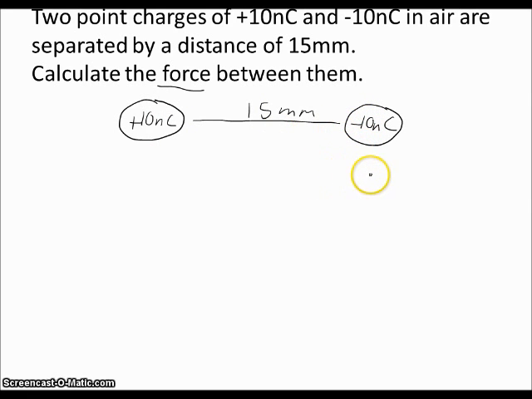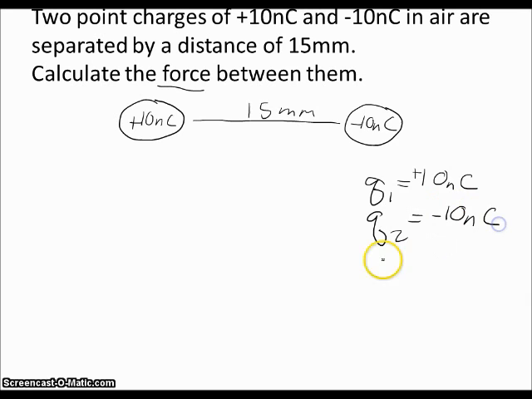So let's start by gathering all the information that we have. So we know that our first charge has a charge of positive 10 nanocoulombs. Our second charge has a charge of negative 10 nanocoulombs. The distance between them, r, is 15 millimeters. So I can already tell right from the start that I'm going to have to do some conversions. So I have 10 nano, milli, and so these are going to need to be converted into coulombs and meters